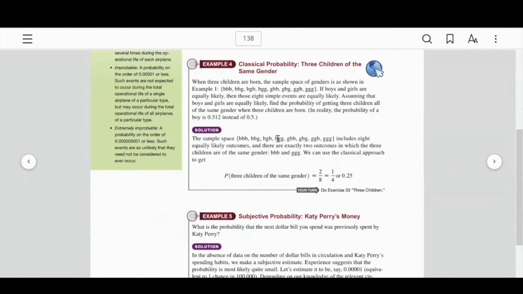And you look at this sample space. These are all the possible family constellations. And you say, well, there's one that's all the same, and there's one that's all the same. And so there's 2 out of 1, 2, 3, 4, there's 8 of these. 2 out of 8. There you go. And you can simplify the fraction. You can turn it into a decimal. You could even turn it into a percent if you were explaining it to your grandmother.